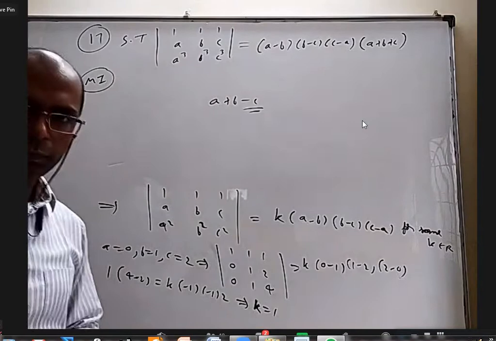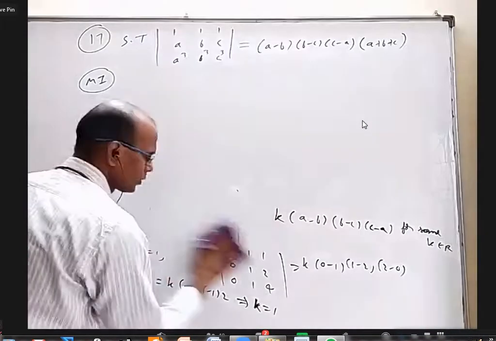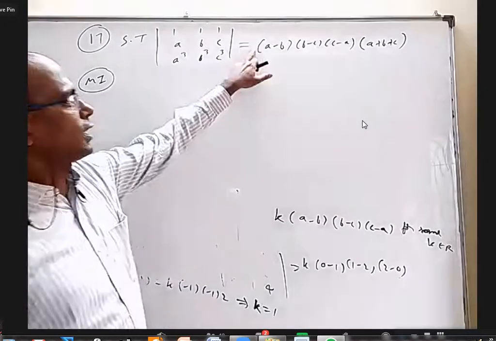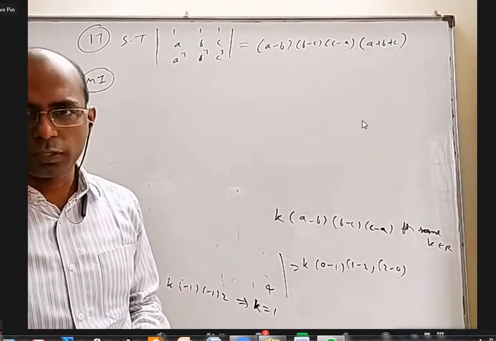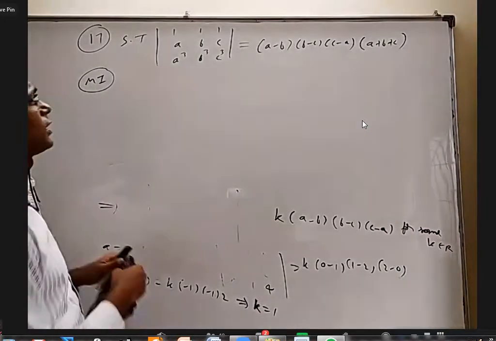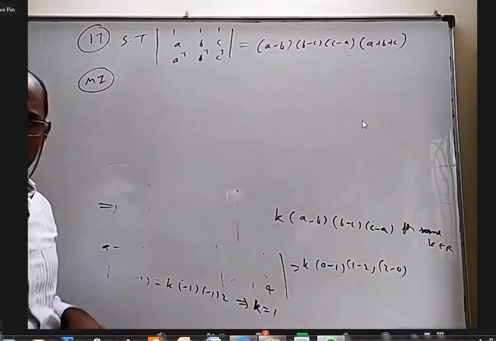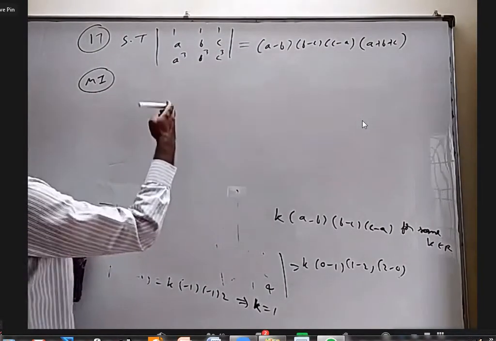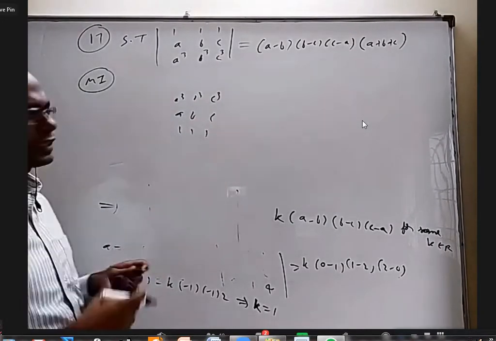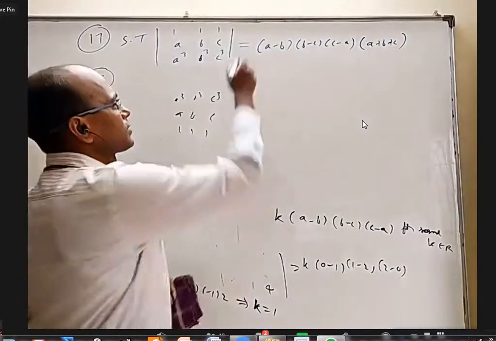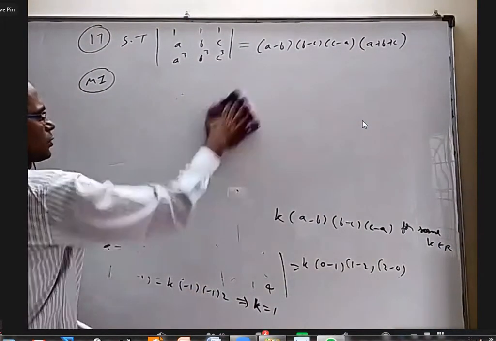Is it okay, Omkar? Sir, can we take minus a minus b minus c? Yeah, that's okay. Then we can get a minus outside. By this method, we'll prove it will be plus 1 only. You are right. In fact, if I just by mistake interchange these two, or bring this up and this down, the answer will be minus. If I give a question like a cube, b cube, c cube, a, b, c, 1, 1, 1, it looks nice and we can tell the answer, but actually the answer will be minus of that. Yes, you're right, minus can come. We should be able to prove that also.